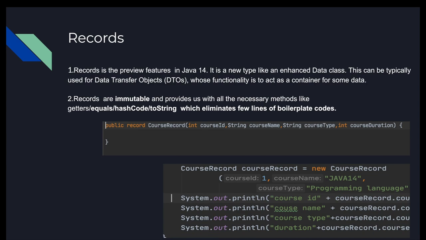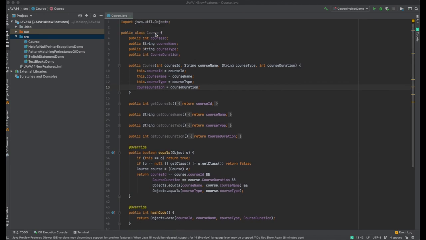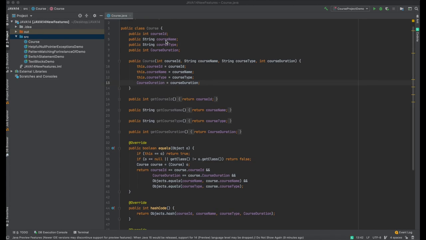Records is one of the useful and most interesting features of Java 14. It's a preview feature. Okay, to understand records, let's go to IntelliJ. If you see, I have already created one class called Course. So basically it's a DTO class where we can keep some data inside it.